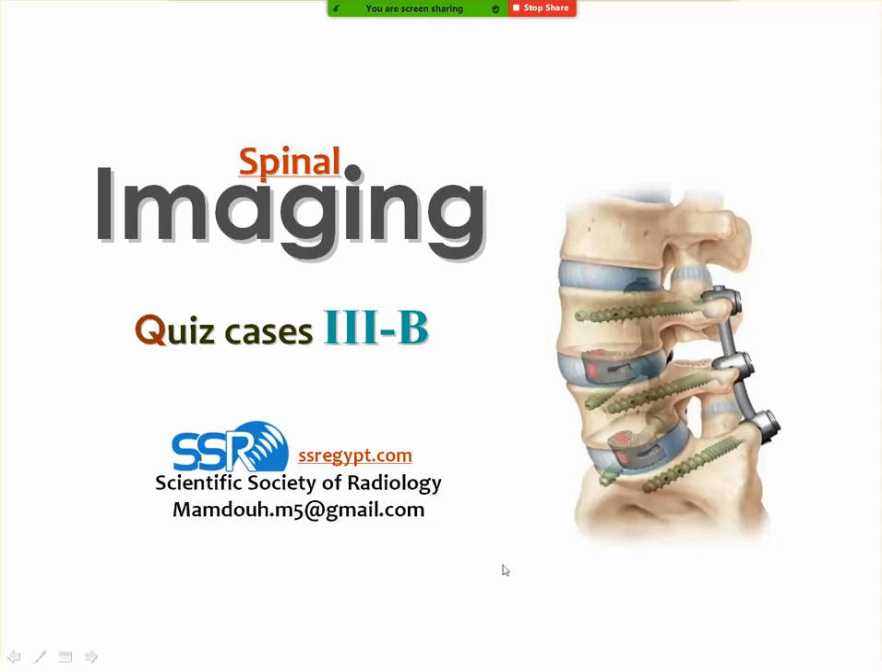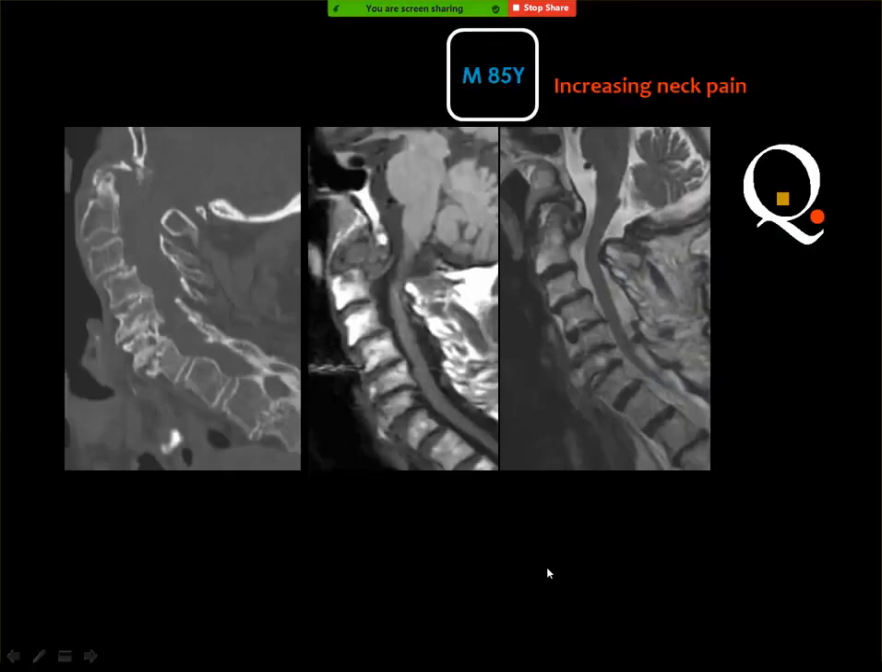Continuation of this quiz cases, and we stopped here, where you can see cervical CT and also degenerative arthritis. Sorry? Degenerative spondylodiscitis, you mean? Or spondylodegenerative changes in the cervical spine. This is an 85 years old male, and you can see